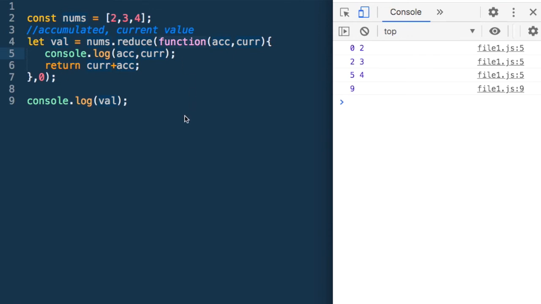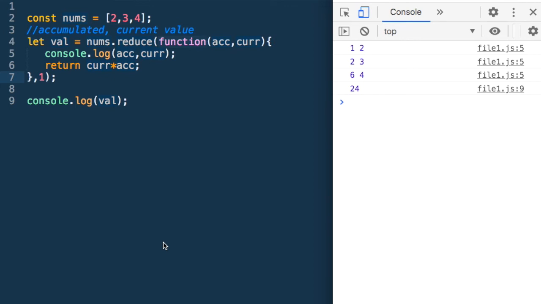Suppose instead of the sum, we wanted to find the product. So if I just make it current times accumulated, will it work? Here this doesn't seem to work. What's the problem? The problem is that my initial value in the accumulated is 0, and if I multiply anything with 0, it will remain 0. So what should my accumulated be if I want the product? It should be 1. Unlike sum, wherein we would use 0, if I make it 1,